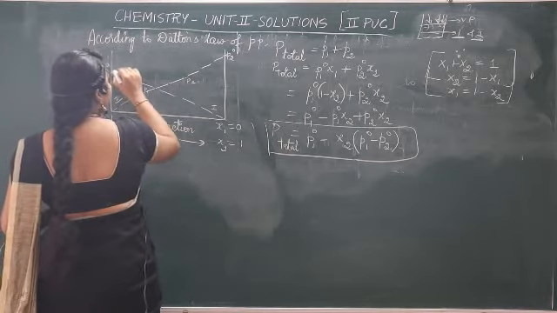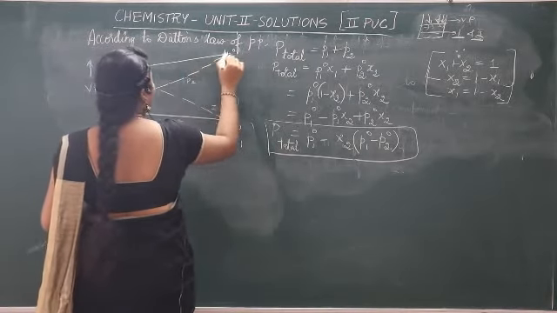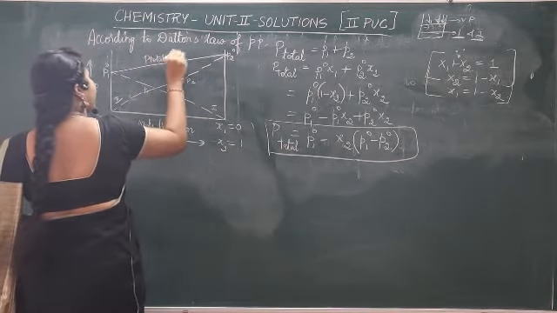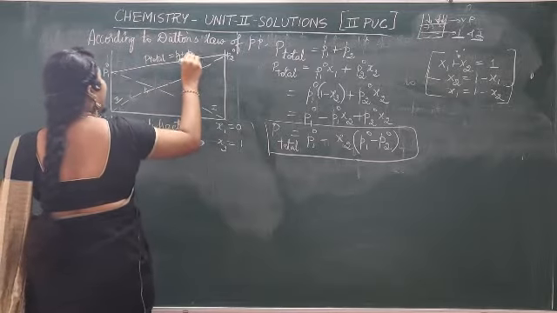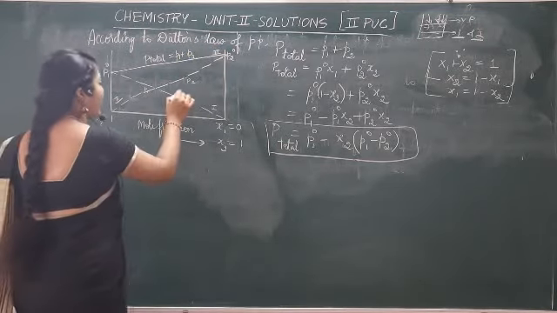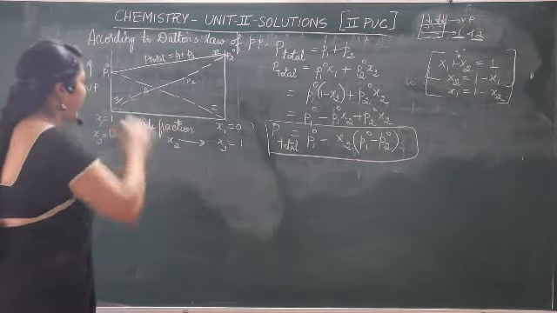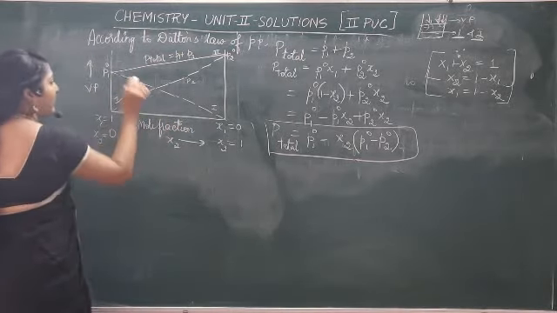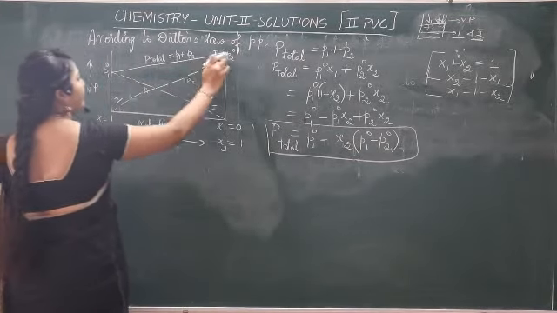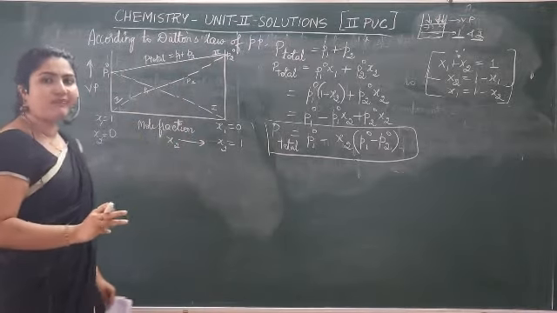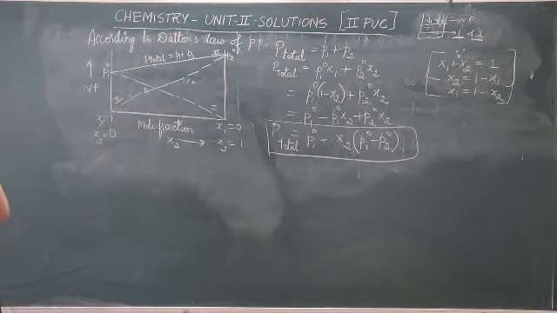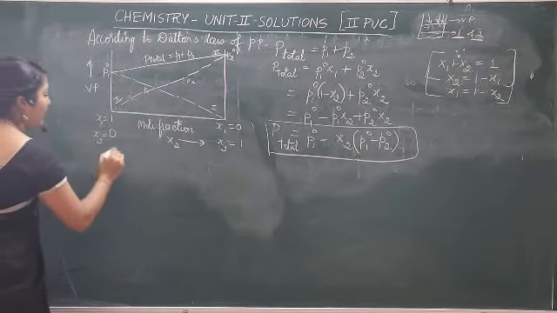Now this line which I am joining, P1 naught and P2 naught, means the total pressure is equal to P1 plus P2. I'll tell you the conclusions drawn, just make a note of it. But hope this graph is clear. This is for P1 and this line is for P2 and this graph says total pressure, that is the sum of P1 and P2. Hope it is clear. Now we will see what the conclusions drawn are.